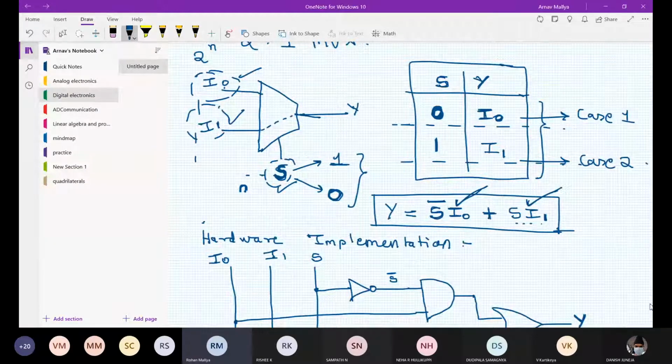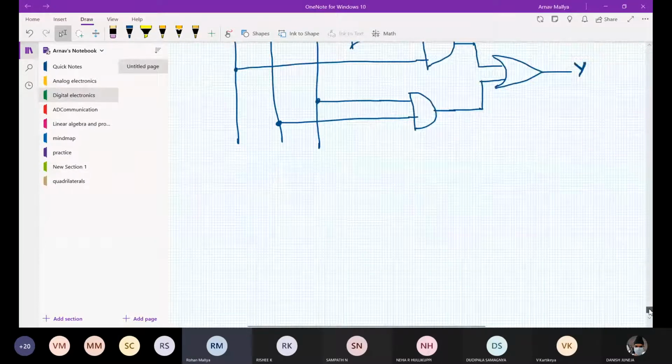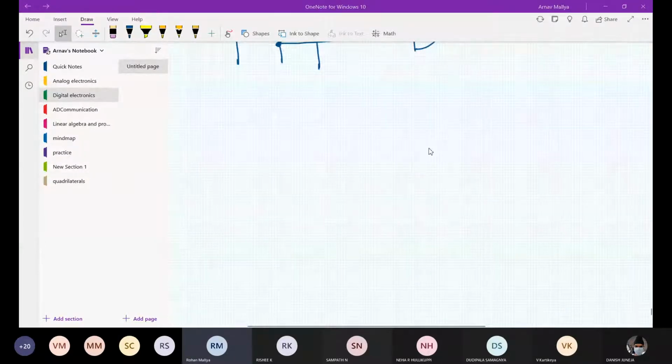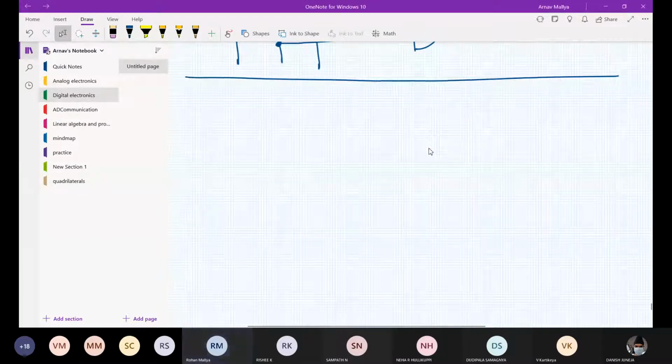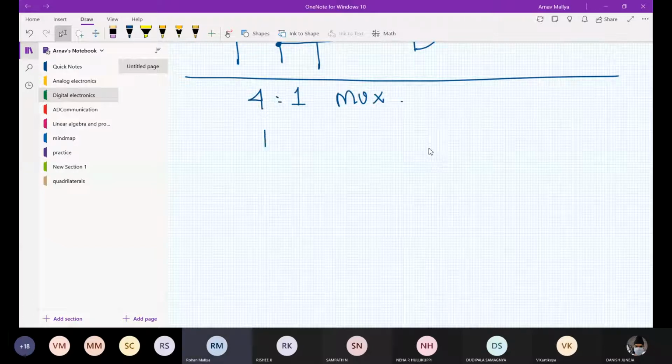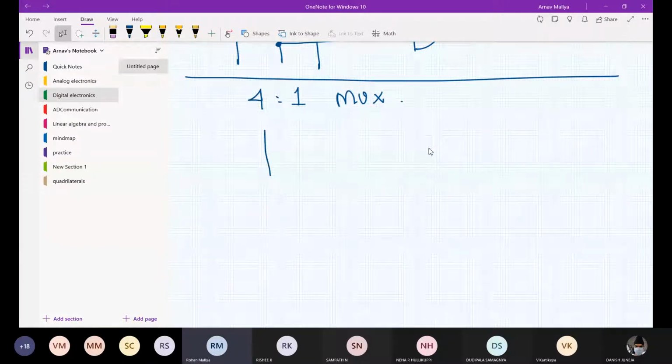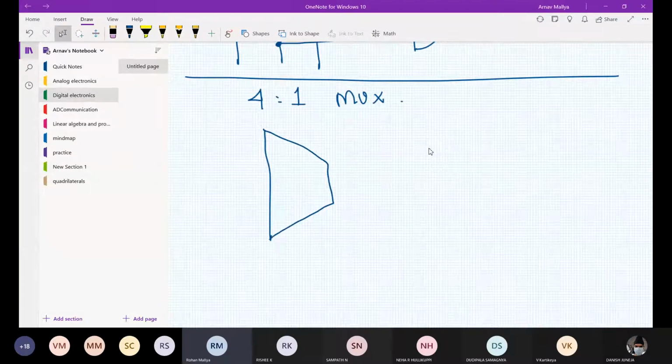So when we have more inputs, we'll use a higher order mux. So we'll be using a 4:1 mux. A 4:1 mux will have two select lines. Let me name them S1 and S0.